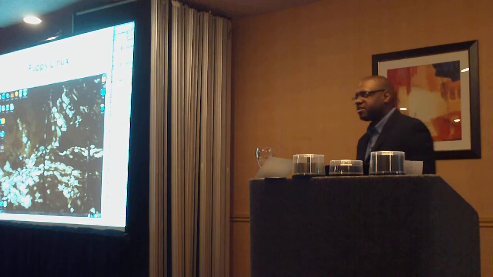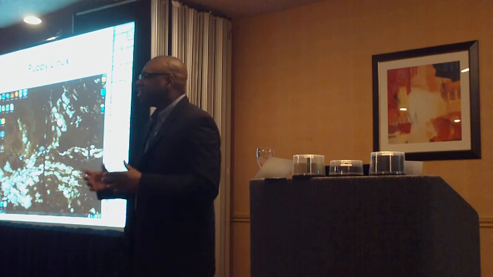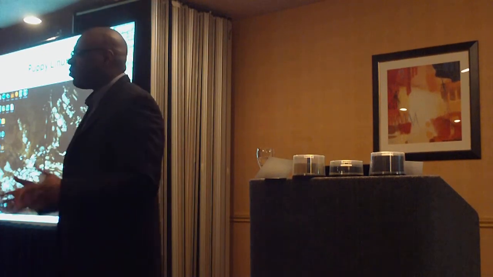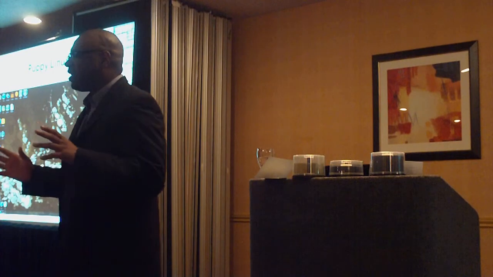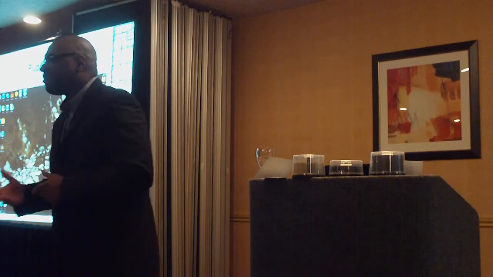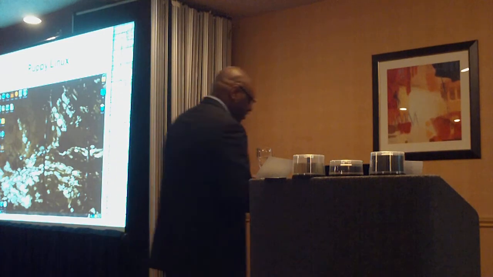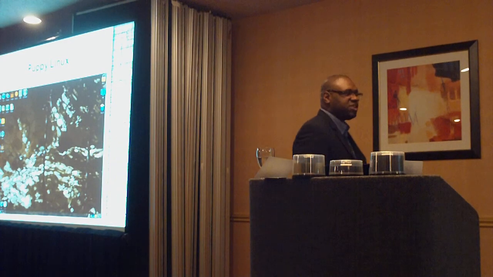Now you have Puppy Linux. So if you have a lot of old systems at home and you're not really doing anything with them, never get rid of any of your old computers. Old computers can always be rebuilt and re-imaged with Linux, and they can be utilized. So Puppy Linux can run on minimal hardware, the minimal processor, and it can still run pretty fast.